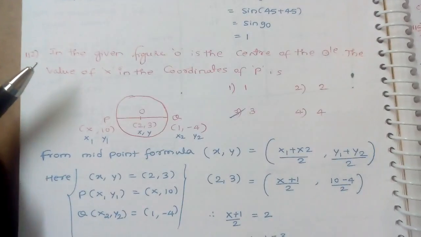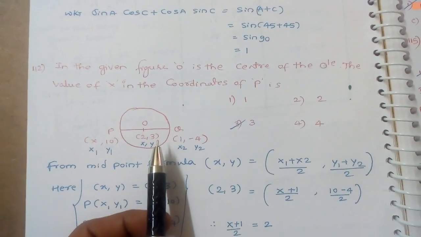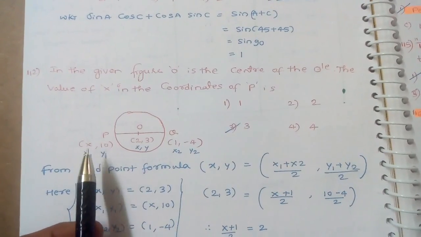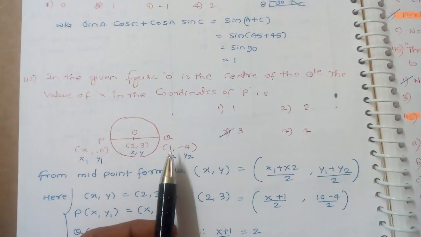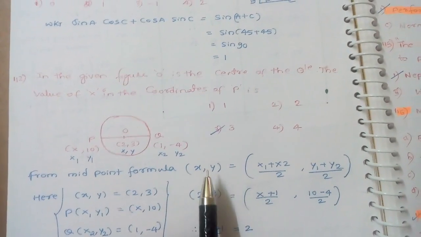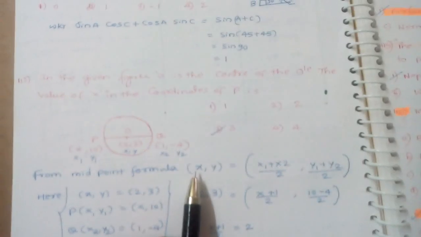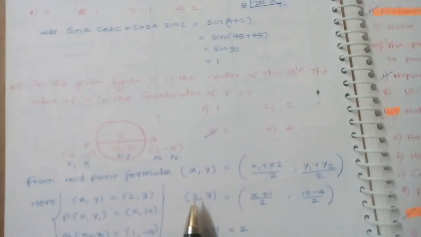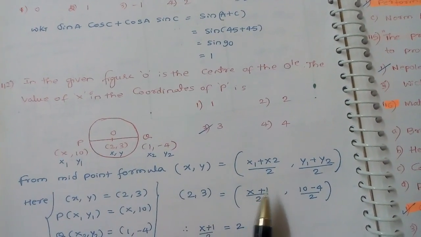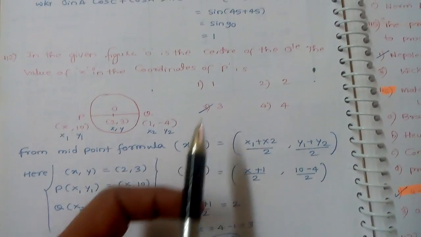Friends, this is from the midpoint theorem. Here x, y value is given, the midpoint values they have given. These coordinates are there. This x value we have to find. This x1, y1 value is given. This x2, y2 is also given. So x, y means x1 plus x2 divided by 2, y1 plus y2 divided by 2. This x corresponds to this value. This y corresponds to this value. Here the x value they have already given, 2. 2 is equal to x plus 1 divided by 2. So after solving we will get the x value as 3. So the answer is 3. Next question.